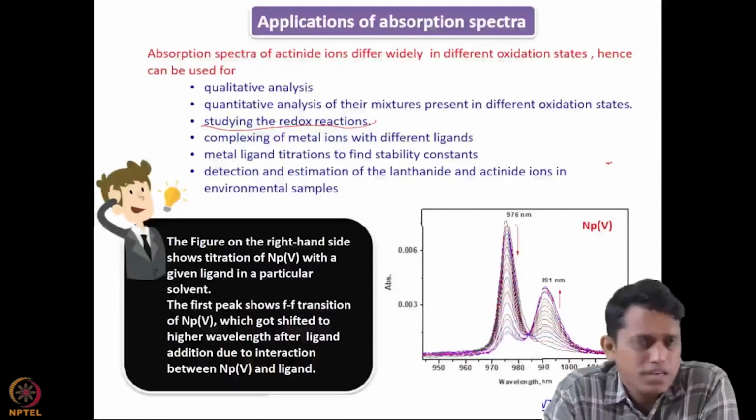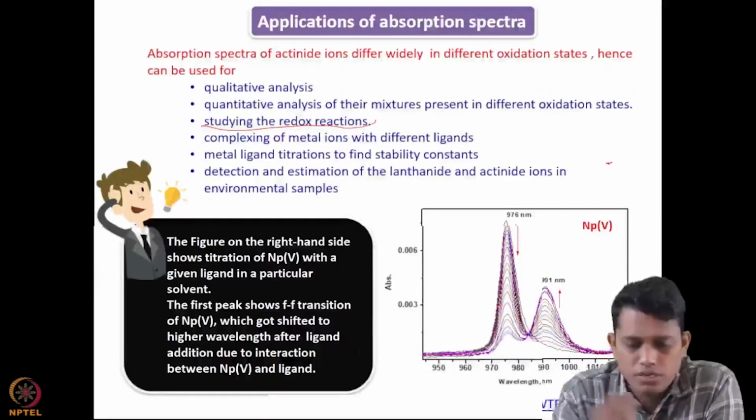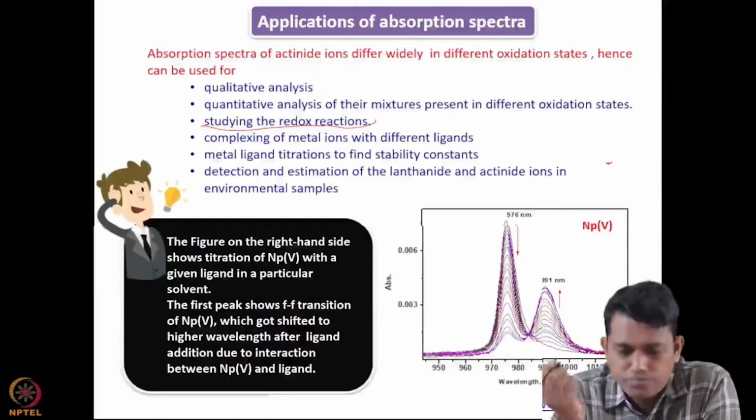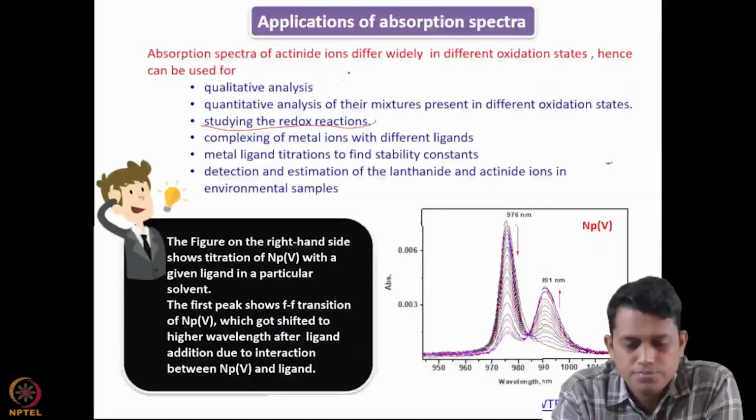Both actinides are a little more redox sensitive, because lanthanides do have the +3 oxidation state most of the time, but the actinides are rather very redox sensitive. And suppose I want to study some reactions. Let us assume that I want to study some disproportionation reaction, for example of neptunium only. So you will have a spectra like neptunium,